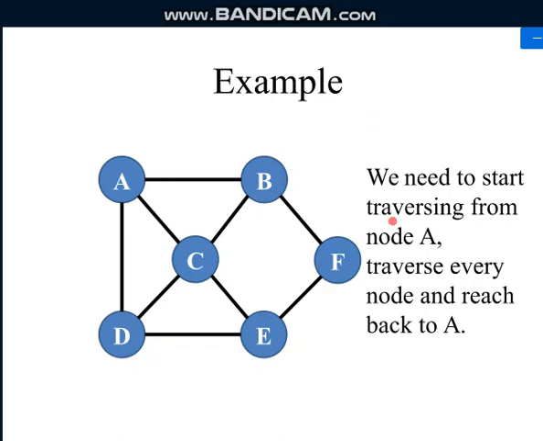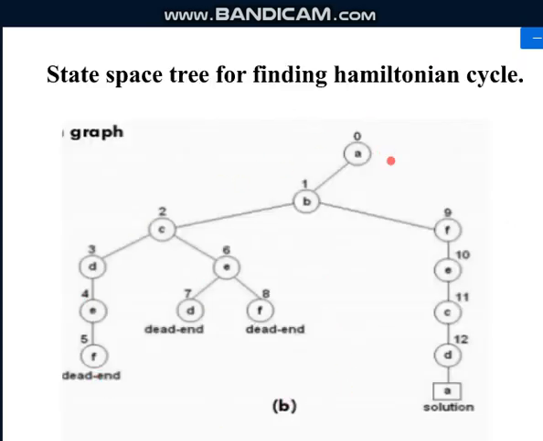See, if you look at this, this is called a state space tree. If you look at these numbers, see 0, you have just started with one vertex, so that vertex we are considering as the start vertex. So 1, you are moving from A to B, then B to C, C to D. So these numbers are nothing but the sequence of steps whatever you follow. So A to B, B to C, C to D, D to E, E to F.